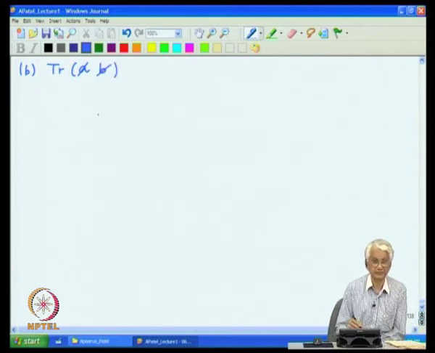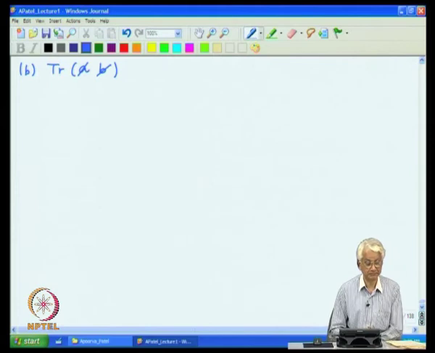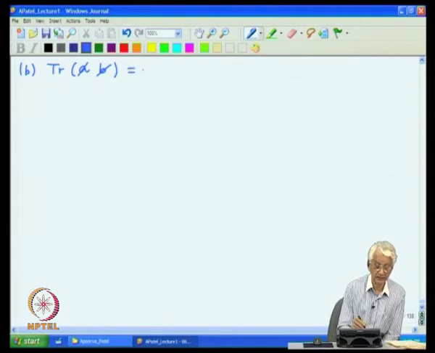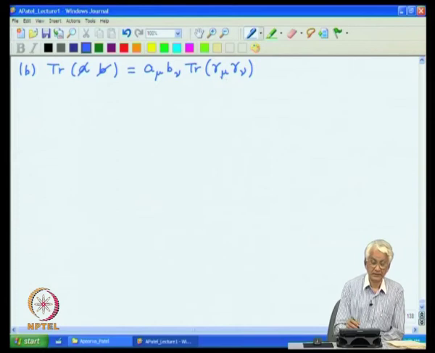The next one is the product of two gamma matrices. This can be written as A mu B nu trace of gamma mu gamma nu, but this object is